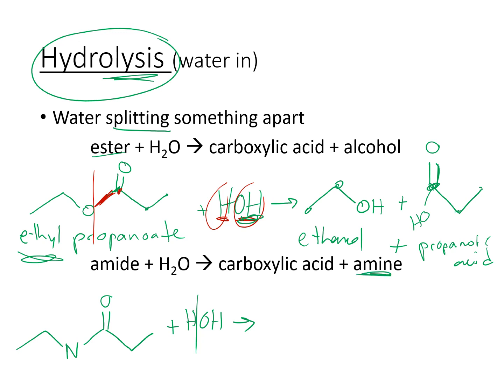Let's draw the amine first, reverse the order versus the name. So that nitrogen there, it already did have a hydrogen because, you know, it's got 2 bonds, so it already had 1 hydrogen. So let's actually write the second hydrogen on there. So the hydrogen from the water is going to be added to that nitrogen. And then the other one,